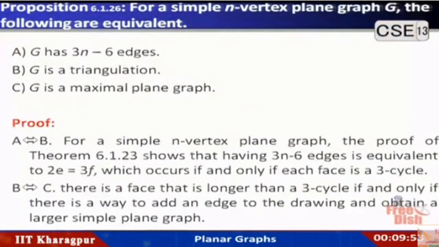A is equivalent to B. Now for a simple n-vertex plane graph, the proof of the theorem shows that the graph having 3n minus 6 edges is equivalent to saying that 2E is equal to 3f, that we have seen in the previous proof of the theorem. Which occurs if and only if every face is a 3-cycle, and that is nothing